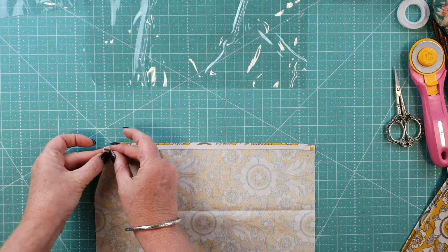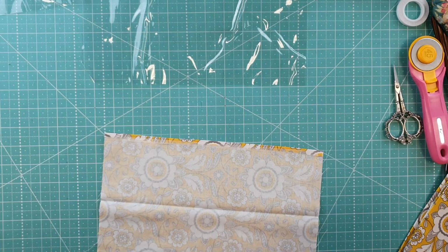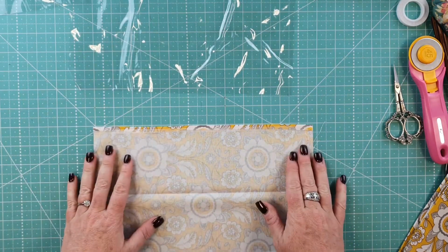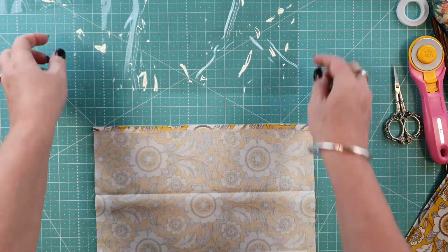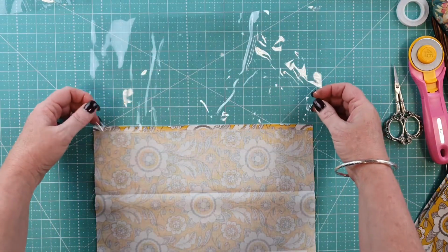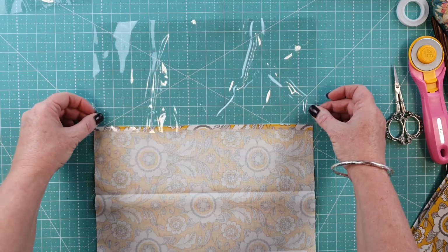You're going to peel off the paper that's on it. It comes off very easy. And then what you're going to do is, I like to just line the edge of my fabric piece up with a line on the cutting mat, and then I'm going to make sure that my vinyl piece is lining